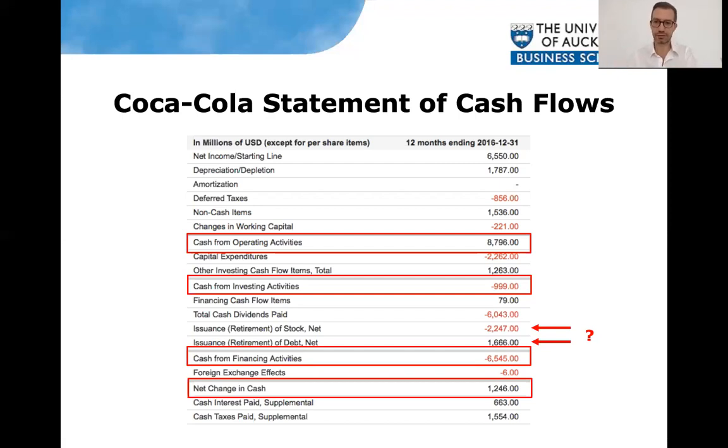And so basically what Coca-Cola is doing is adding back those $1,000 a year that they are not actually spending as a cash outflow. It's a way to account for the cost, but it's not a cash outflow, okay? Remember, those $1,000 are not coming out of the Coca-Cola's bank account. So they're adding that back. So overall, here you can see that Coca-Cola has generated $8.8 billion between their profits and the other items that they have incurred in your income statement.